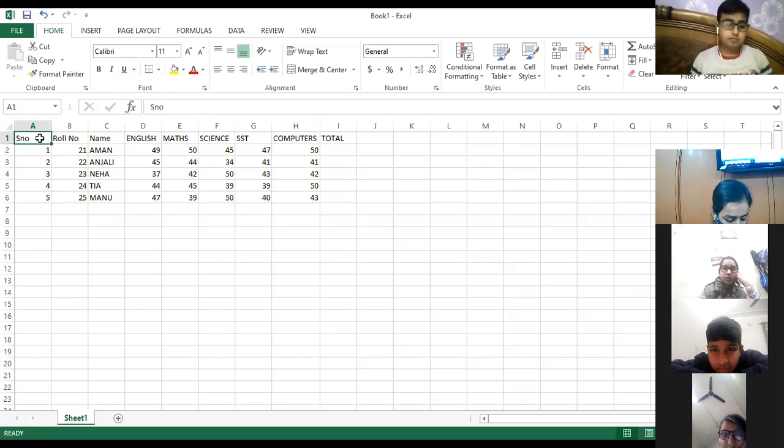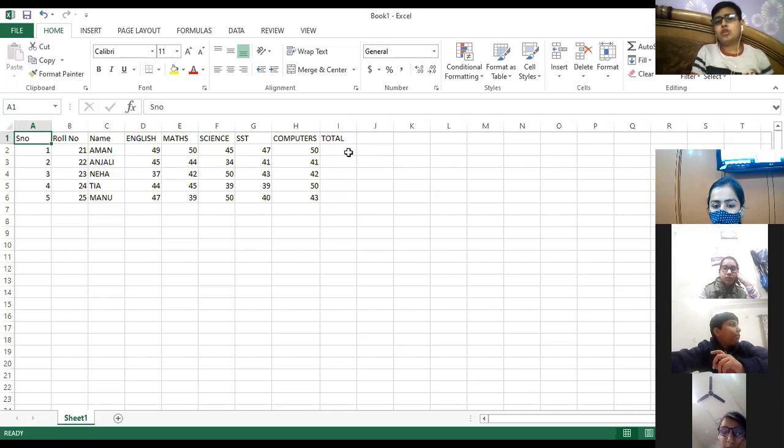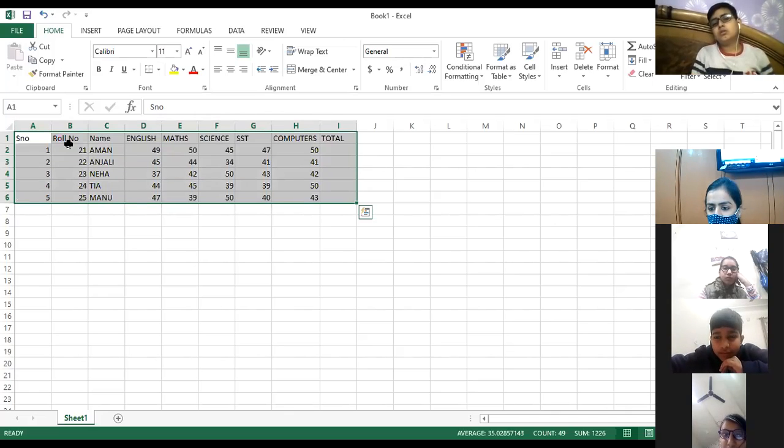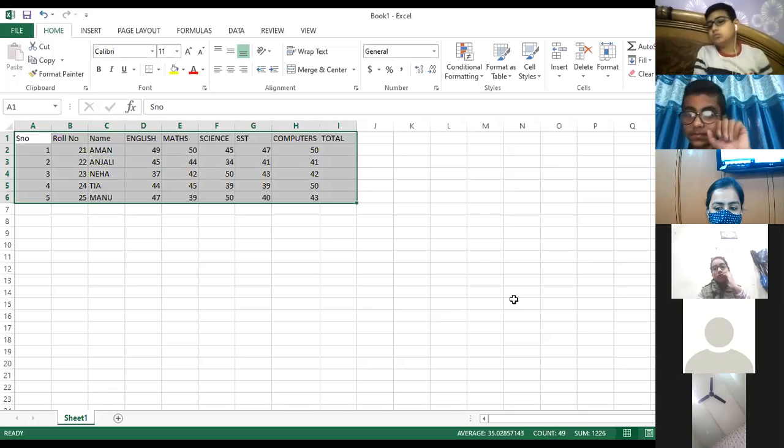So let's say, first of all, if I want to make my text bold, and I want every alphabet of my text of my worksheet to be bold. So what you will be doing, I selected the whole worksheet with the shortcut key. What is the shortcut key? Yes, Shubh. What is the shortcut key to select the entire worksheet? Unmute yourself, Shubh. Shortcut key to select entire worksheet.